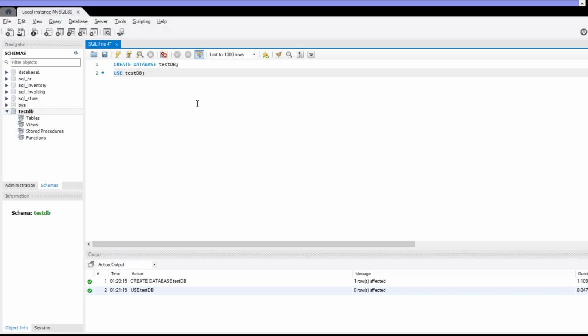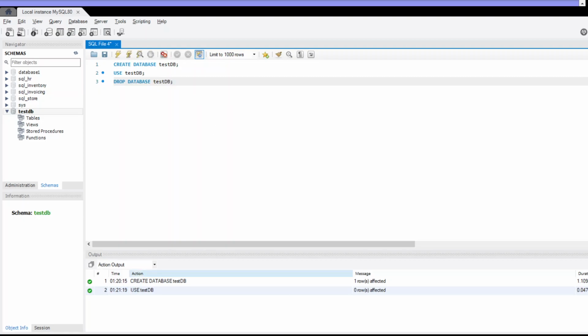So now if we want to delete this, how can we do that? So let's see. So just write the query drop database and database name, which is testdb.